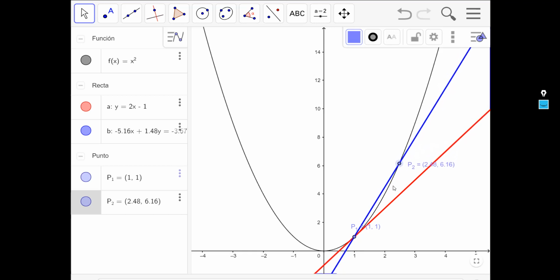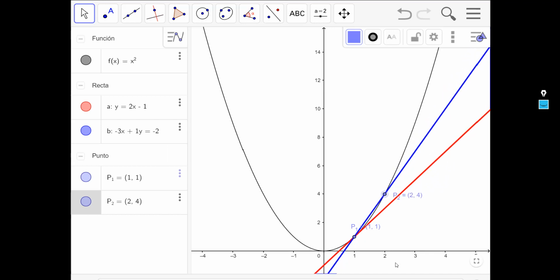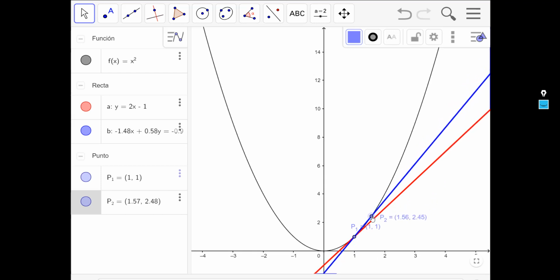Now, can you still calculate the slope of this second line? Yes, you can, because you have 2 points, P1 and P2. You just follow the formula. Can you calculate it now? The slope? Yes, you can. And let's do that over and over and over again, closer to P1. And at some point, the slope of the second line will be so close